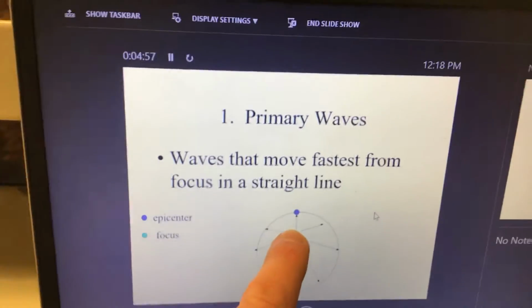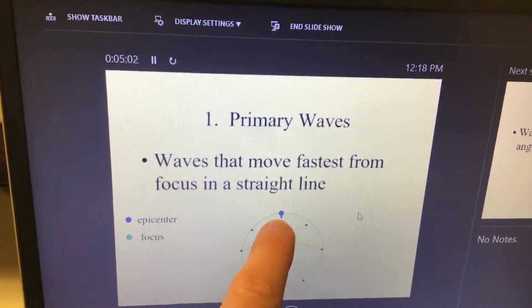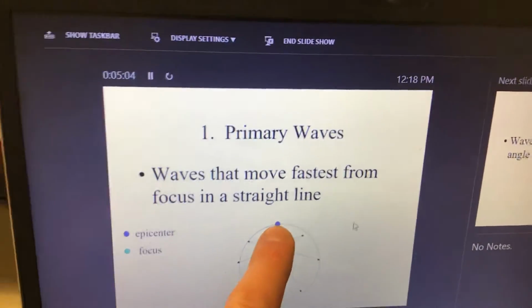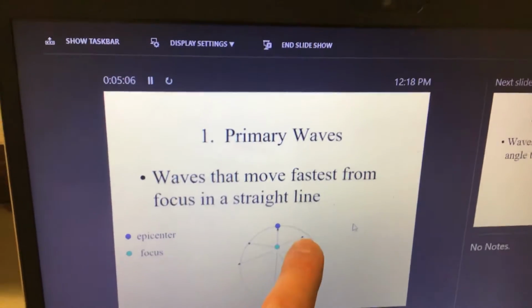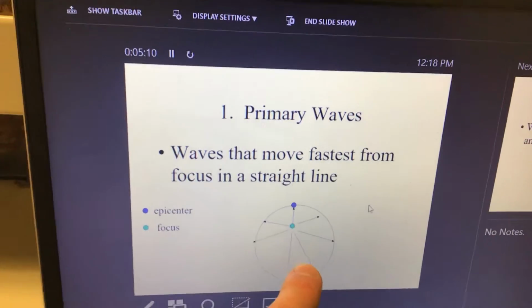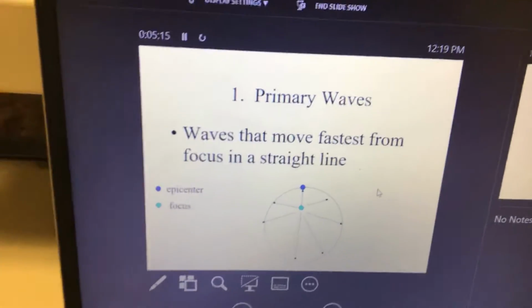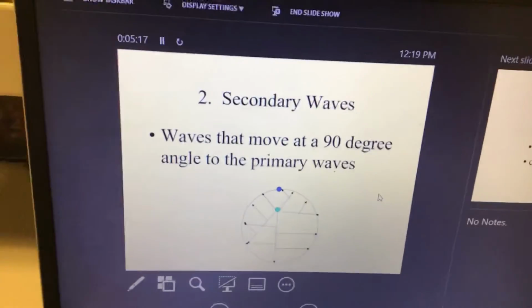Now, the surface closest to where the earthquake happened, where the focus happened, are going to feel that effect. So there, some there, some there. They're probably not going to feel it on the other side of the globe here, because those waves are going to lose energy as they pass all the way through the earth. But primary waves,